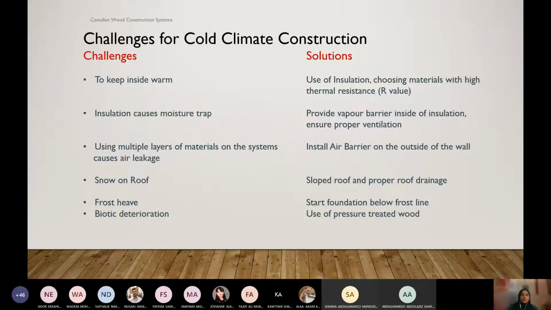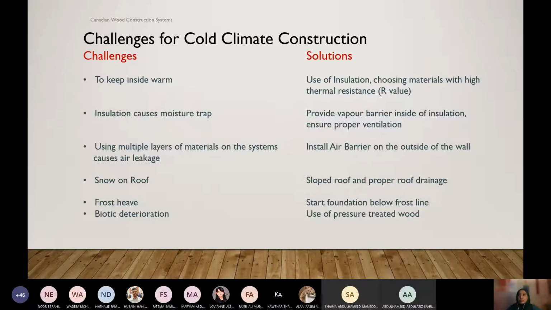We need to put in a barrier so that the outside cold air does not get inside, and the inside warm air stays warm inside and does not go outside. Even though we have a mechanical heating system, we still have to maintain a certain temperature inside. And to do that, we use insulation.